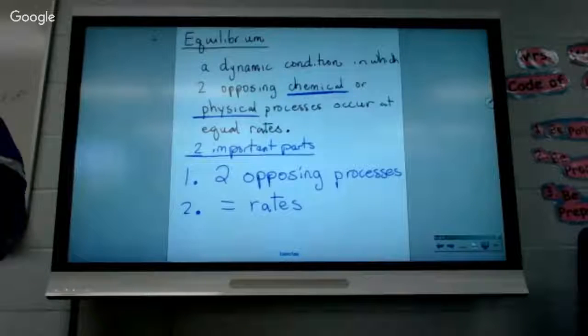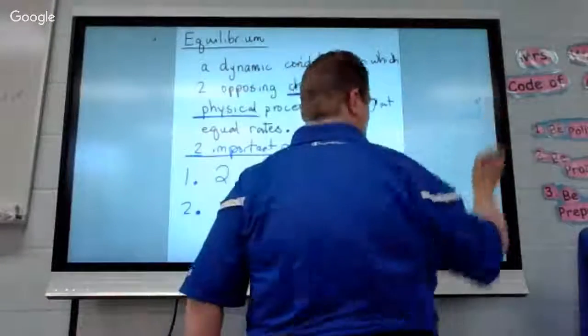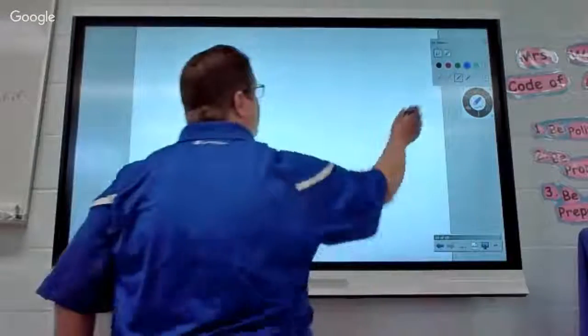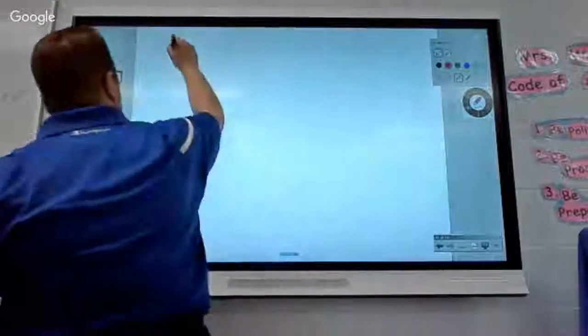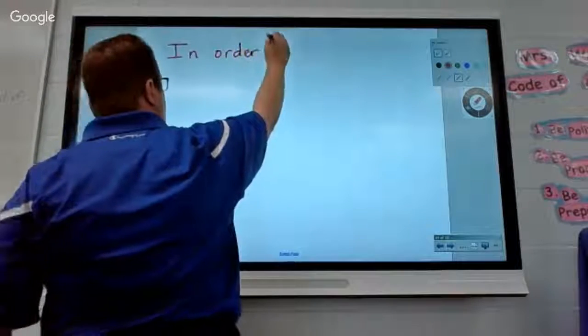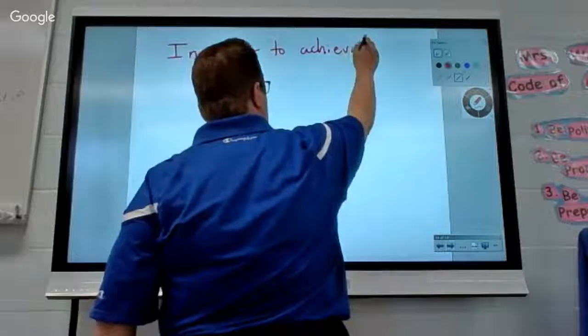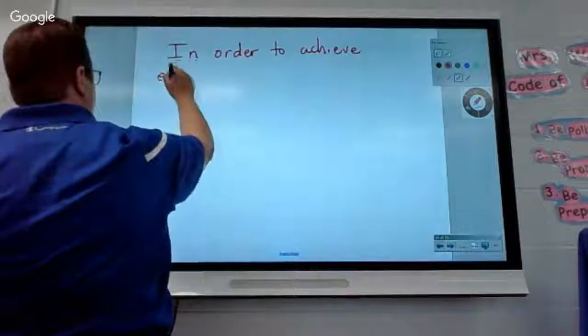No, it can never get to equilibrium. Okay? So, in order to achieve equilibrium,